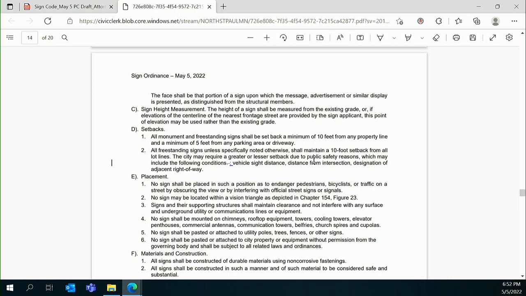Was there a reason for "monument" and "freestanding", because monument is usually a solid, more than a freestanding? No, I think it's described as a freestanding sign in its definition. So, this is just one of those things that as we progressed through the creation, as it gets put together and this goes here and that goes there, you start to see where, oh, we might not need that. So this is good. That's a good catch.